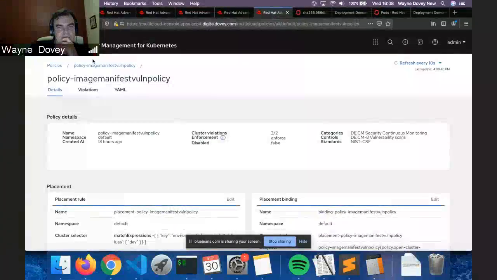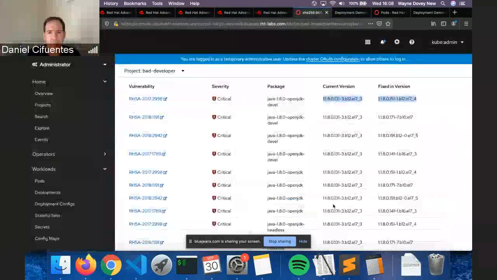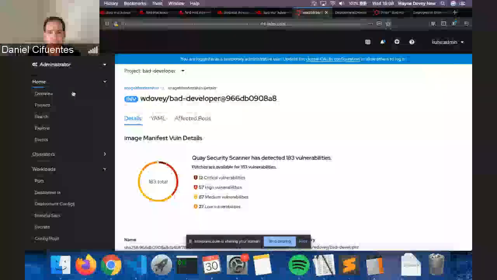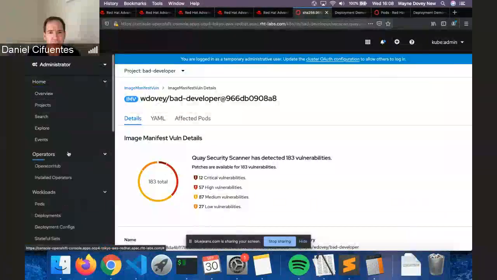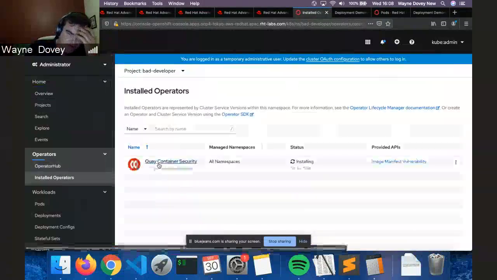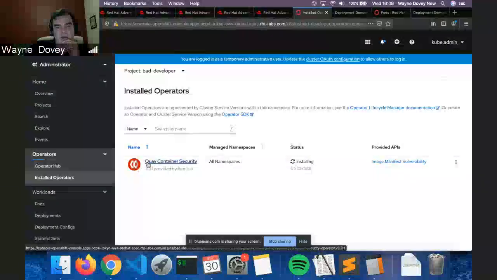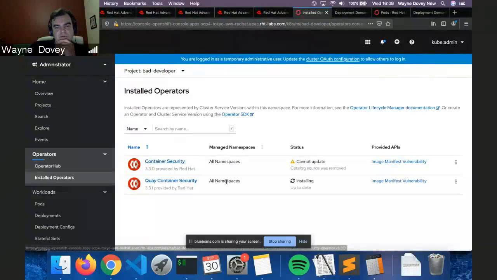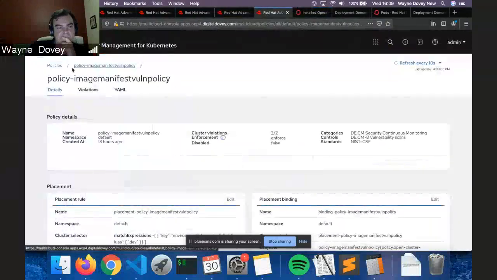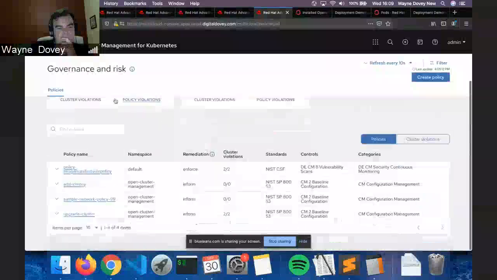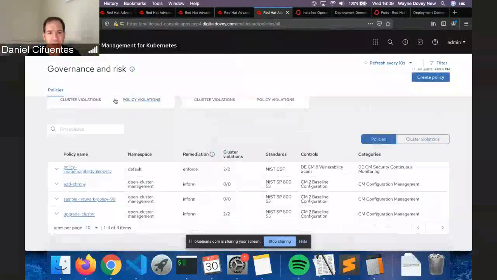So was that through the use of Red Hat Quay and Clair? Yeah, that's correct. If you look at the operators, and I go to installed operators, it brings up the Quay container security provider. So that's really nice and easy to implement. As you say, it's interesting because you are covering a lot of ground with the integration of a lot of products that add a lot of value together.